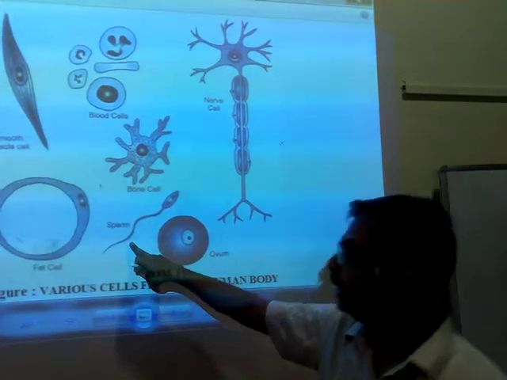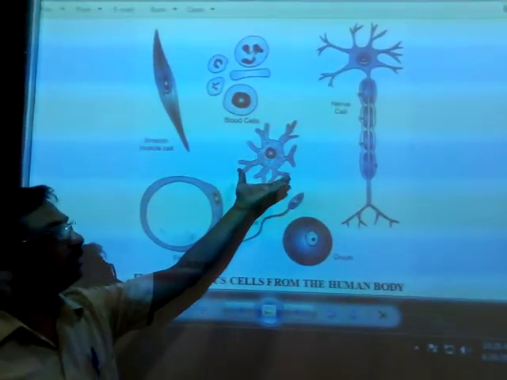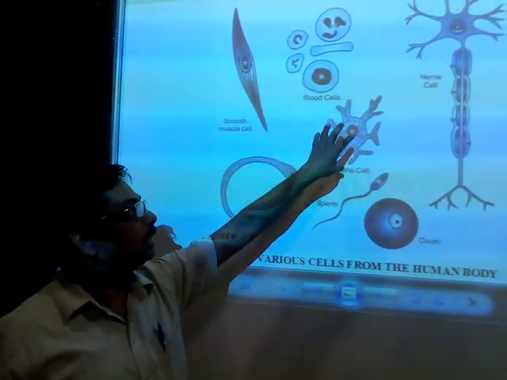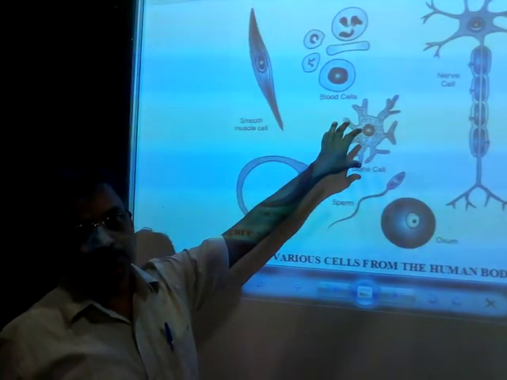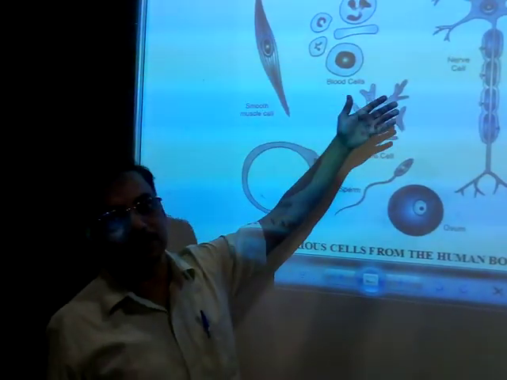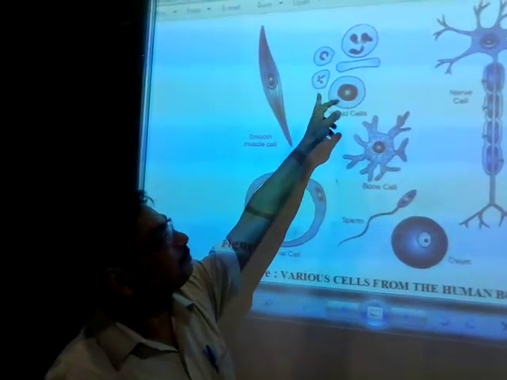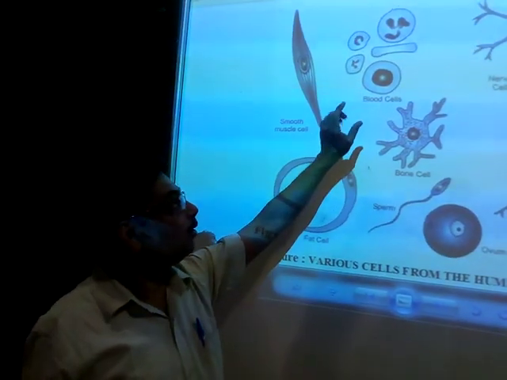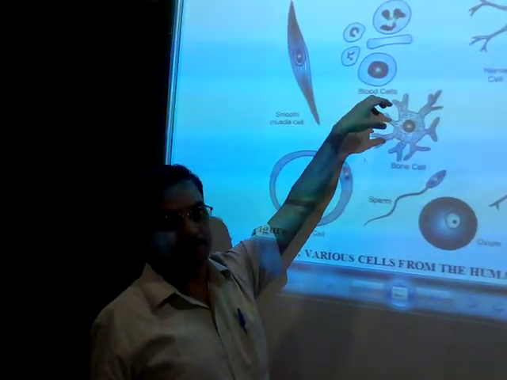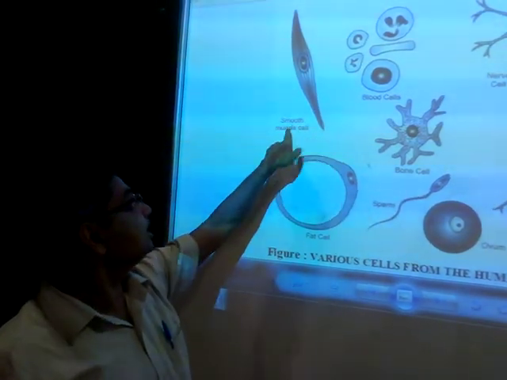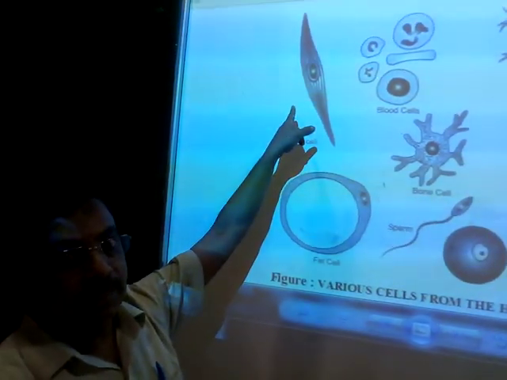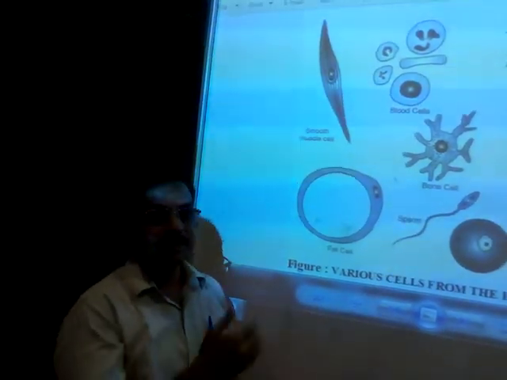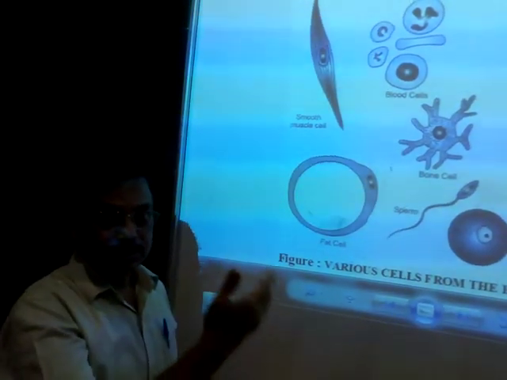This structure is different. Again, if you come to the bone cell, this is the hardest cell in our body, and it has a different structure because it helps in the movement of the body. So it has to be solid, and it has to connect with the muscle cells. Again, you find that the blood cell is different. As you know, blood is of three types: RBC, WBC, and platelets, and all these are contained in the plasma. We come again to the next cell, that is the muscle cell. This is spindle shape, and in the muscle cell this is the nucleus.